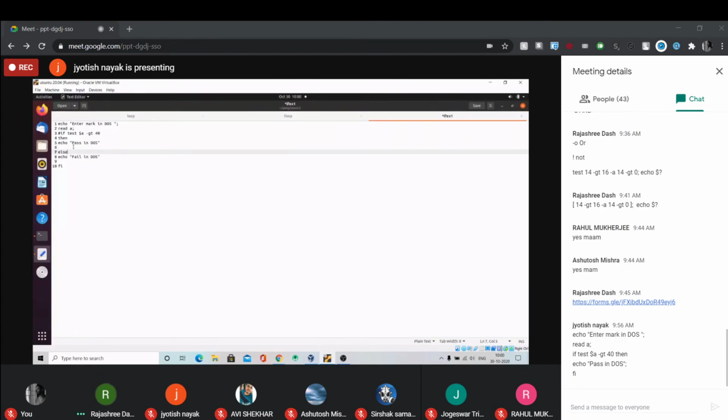Just after where you have made that if statement a comment line, once again write the if statement, but instead of using the test command, now write it using square brackets. Specify the condition using square brackets. Remember, before and after the square bracket there should be space. You are not giving space, I think. Otherwise it will again give you the error.